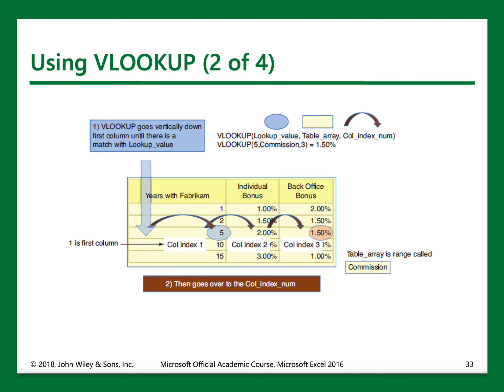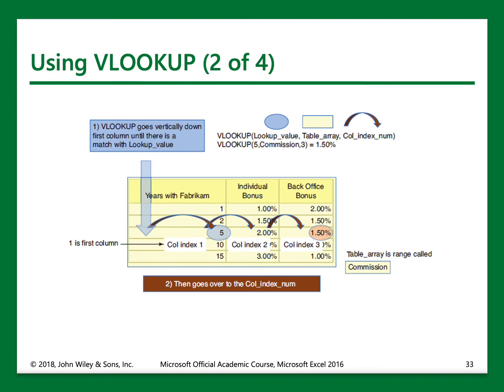So if we were trying to look up from this table, which has the columns years in Fabrikam, individual bonus, and back office bonus, if we wanted to see, based on how long someone had been at Fabrikam, what their back office bonus should be, so what their percentage raise should be on their salary,